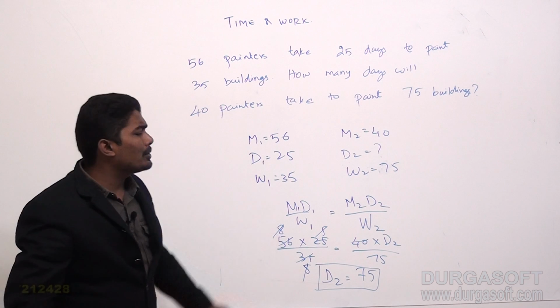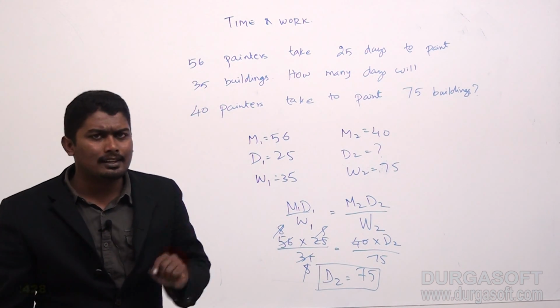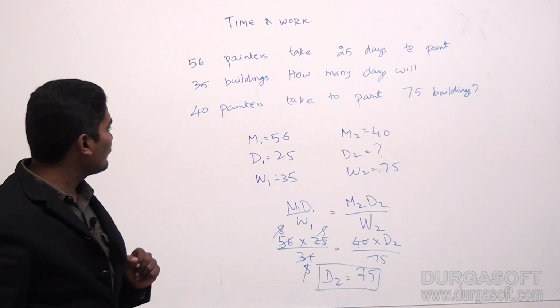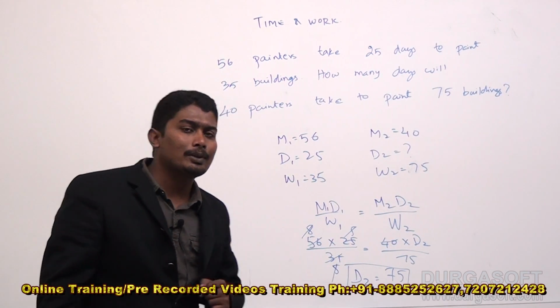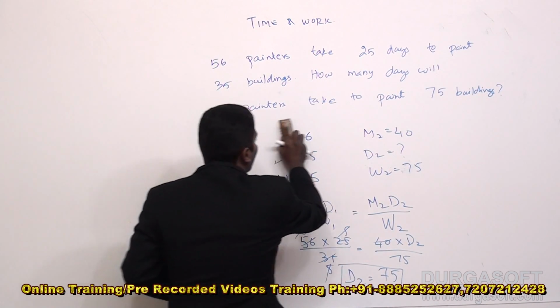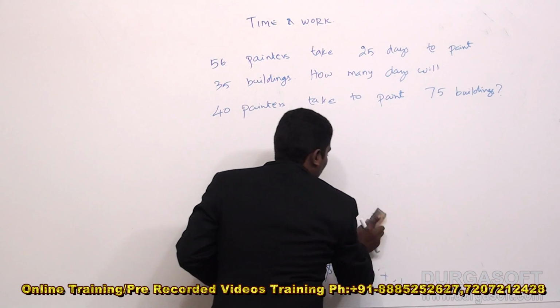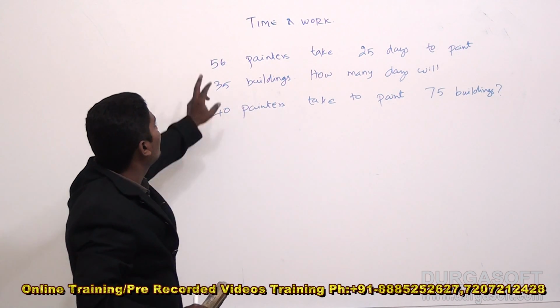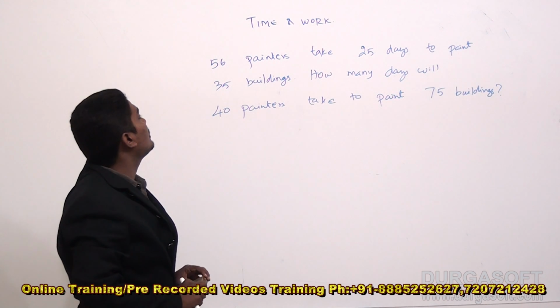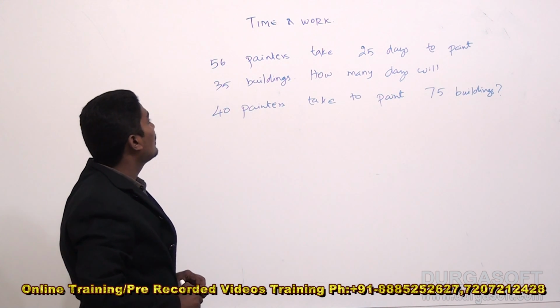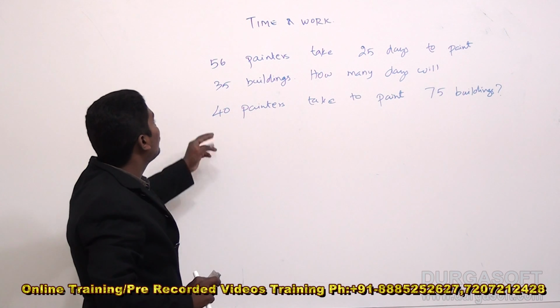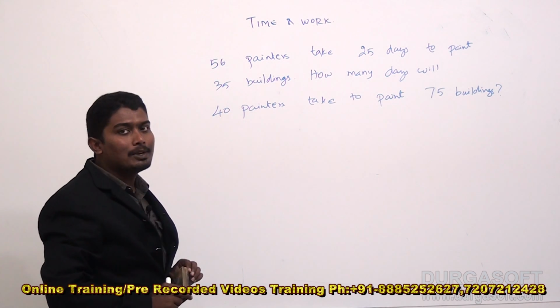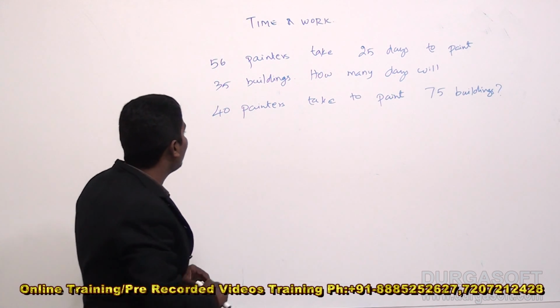Now we saw a question in which we can use the formula directly, but what if there are some twists in the question? So we will see how to do that. So here in the same question, 56 painters take 25 days to paint 35 buildings. How many days will 40 painters take to paint 75 buildings? So instead of giving the question directly like this,